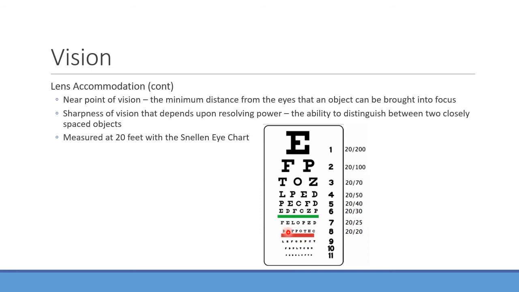Unless you have corrective lenses or something that can help change that. But if you could only read this one, well, this is what you should be able to read at 25 feet, but you're only standing at 20 feet. So the top number is the distance you are from the chart, and the bottom number is what someone with normal 20/20 vision should be able to read at that distance. So if I can only read the E, which would be pretty poor vision, I should be able to spot that at 200 feet. But if I can only spot it at 20, then I would have 20/200 vision.